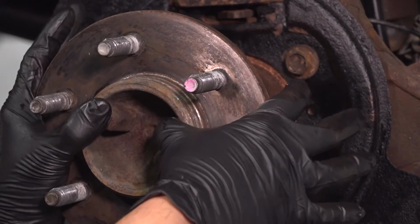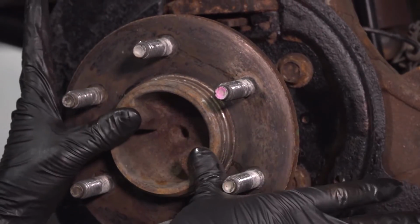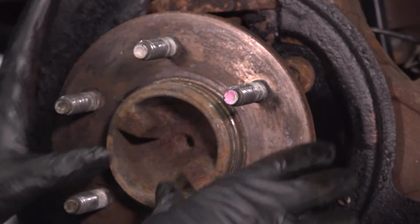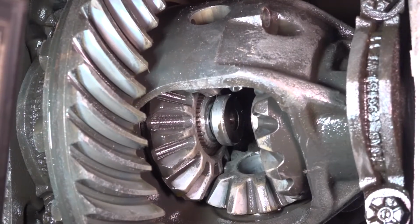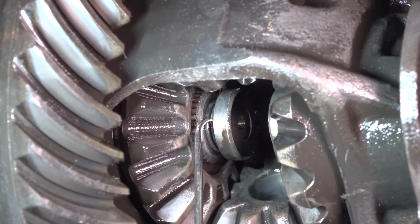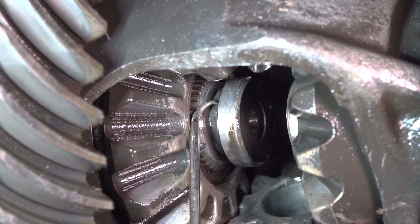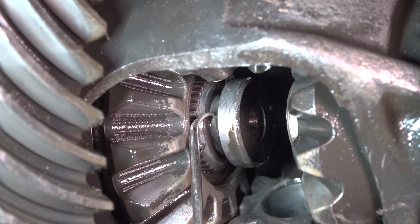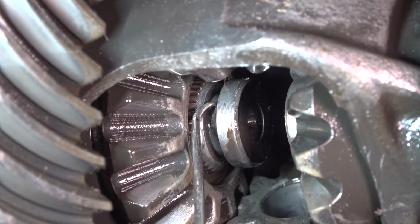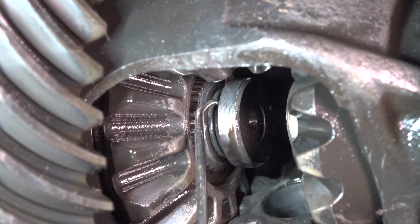There we go. Now that it's in, give it a couple twists to line up the splines. Push it in all the way. There we go. With the axle pushed in all the way, in this particular case, you'll see that you may or may not have one of these little rings here, and it's squished on one side and then symmetrically squished on the other side. This is where the C-clip actually goes on in this groove here,